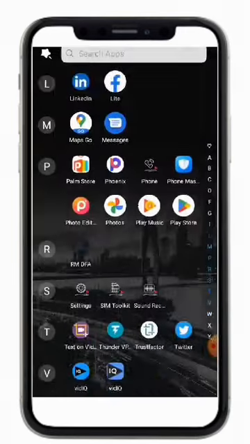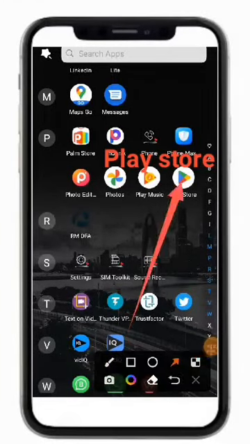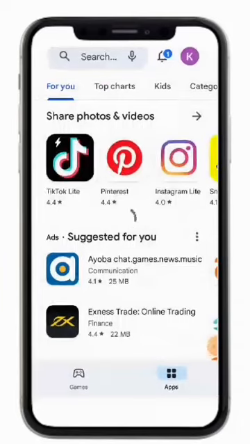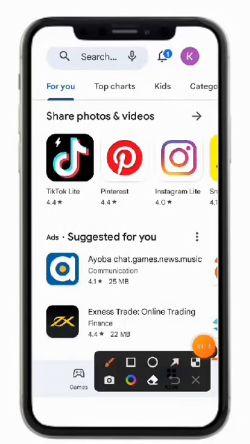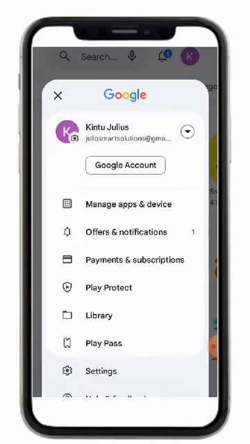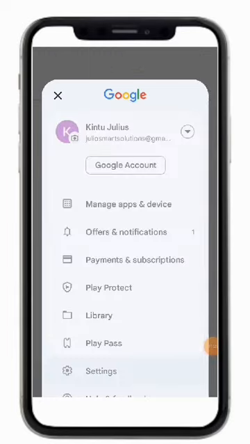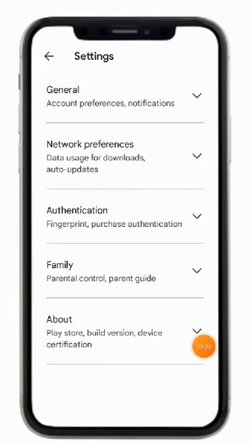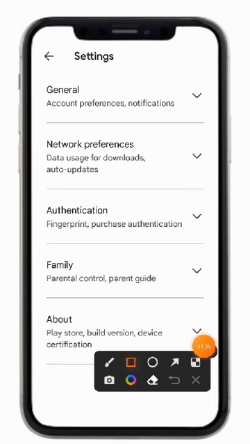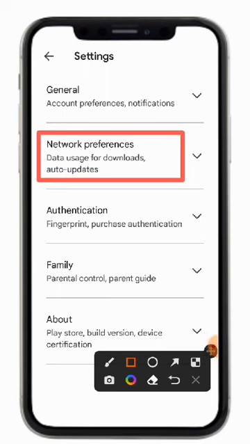So you're going to come here like this. You're going to come and tap on Play Store here, this app here. So when you tap here, you're going to come and tap here. You're going to tap on this icon there. So when I tap there, let me tap there. You're going to come and tap on settings down here. You tap on settings. So when I tap on settings, then I tap here. Only on this, I tap on this. So when I tap there,